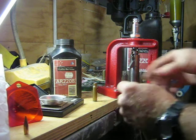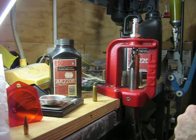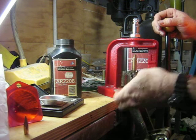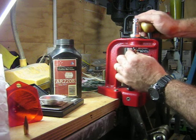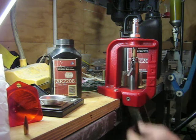I want to be able to seat that projectile and not squeeze the sides in. I'll get that separate die and that separate procedure to do that. So we drop our case into place. We get our projectile, sit it on top. Now we just give it a little bit of guidance, feed it up inside the die, and that will now